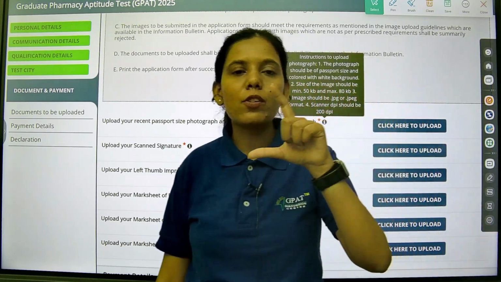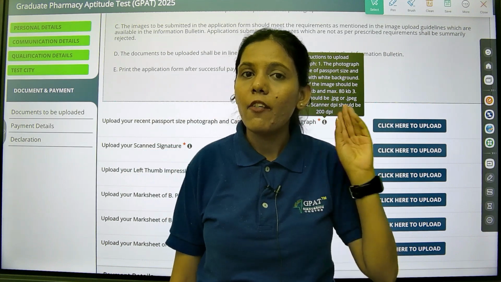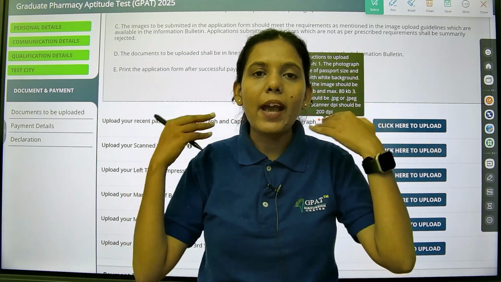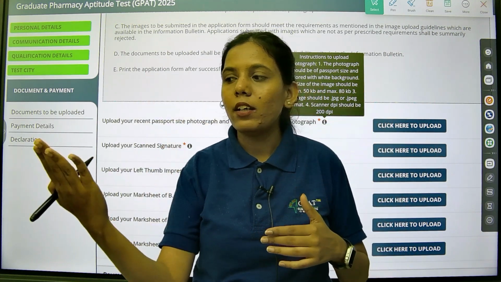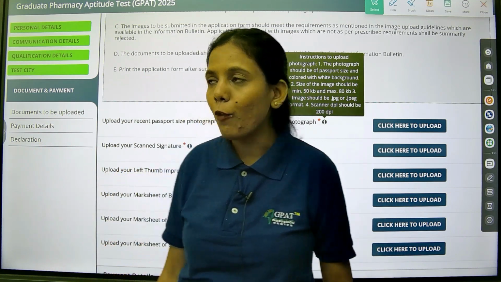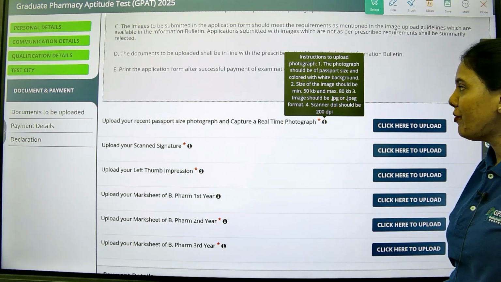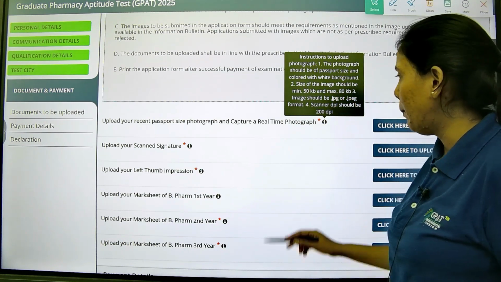The passport size photograph should have been taken within 3 months only. Very old is not allowed. The background should be white, and real time means you have to click it on your laptop or phone. The instruction is given. The size of the image should be minimum 50 kb and maximum 80 kb.